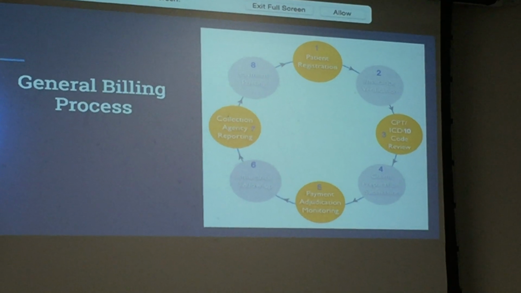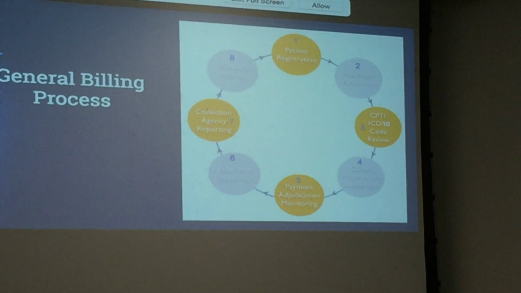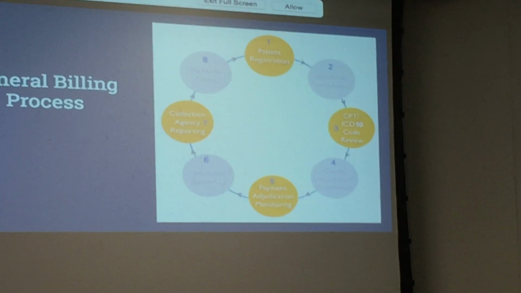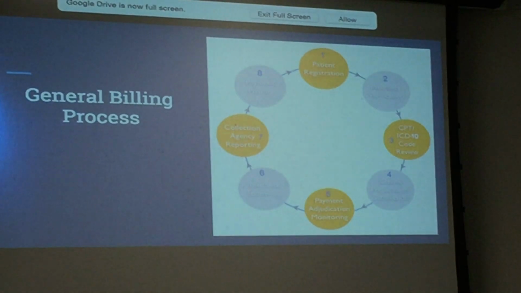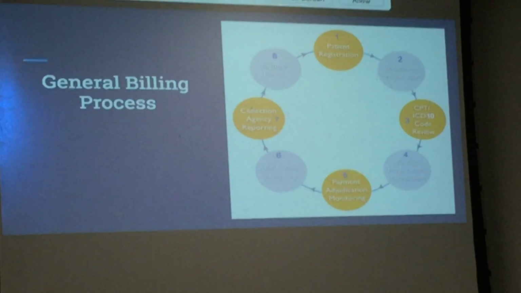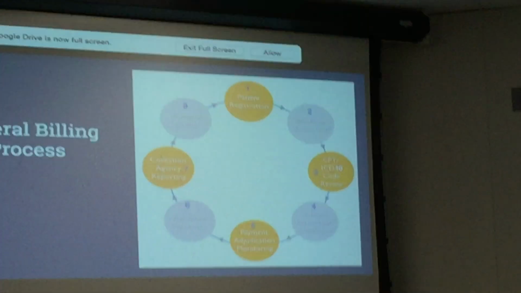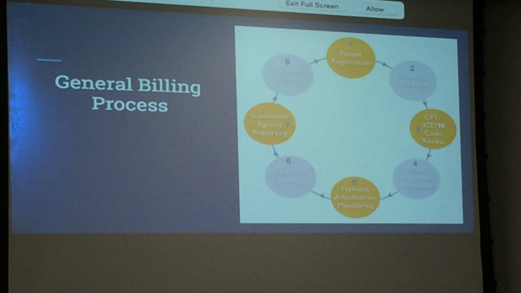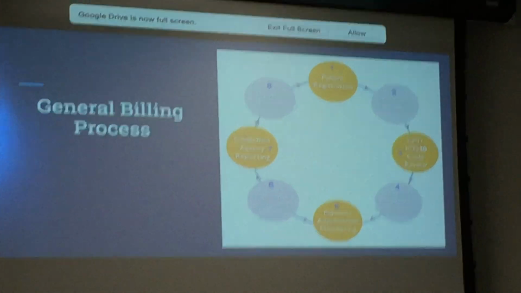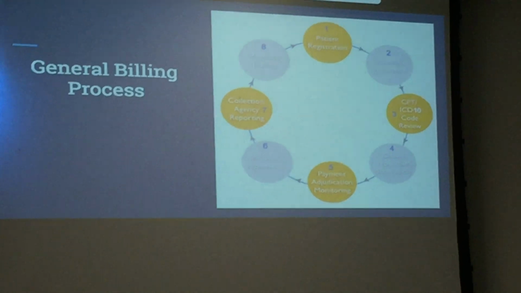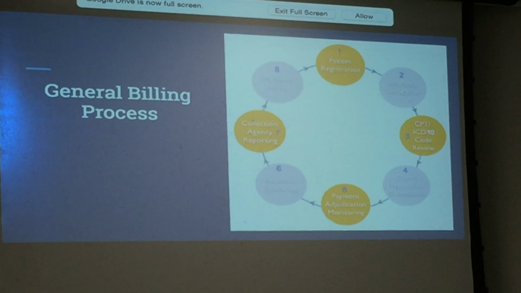They're in their session, and as an office staff member, I would then go and call their insurance company to see, okay, what kind of coverage do they have? We have about a one-page sheet of paper, a form that we fill out, that we check off all these things to make sure that we're getting the full coverage information from the insurance company. Typically, it takes anywhere from 20 to 30 minutes to check insurance, just because you're having to wait on hold, or you're having to navigate to the right department, or whatever it may be. You want to check for deductibles, how much they've met of their deductible.